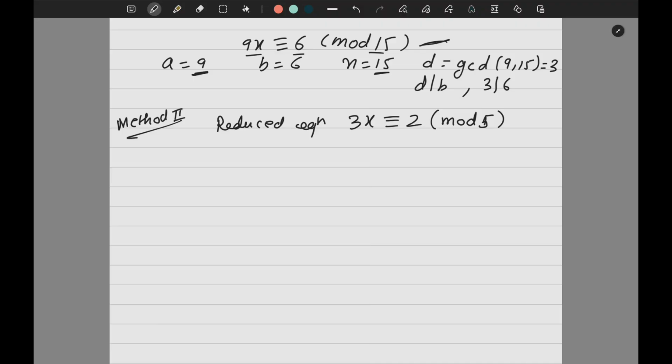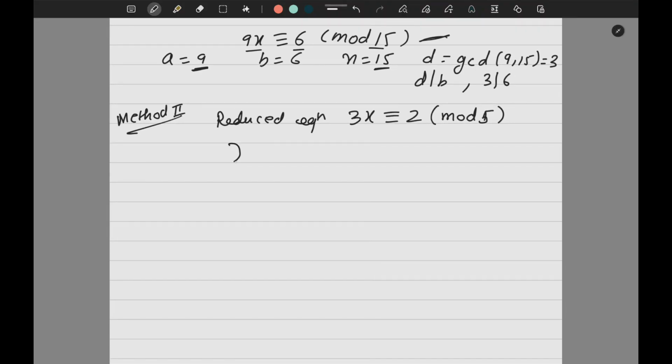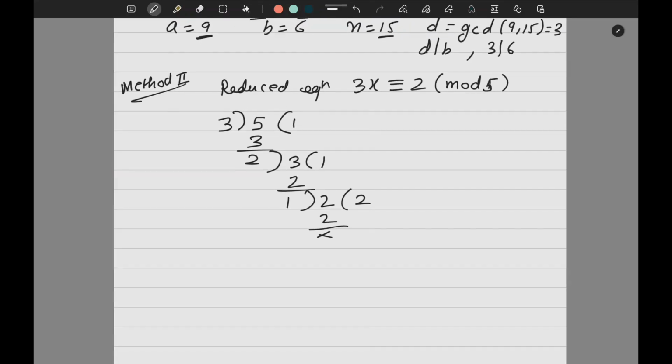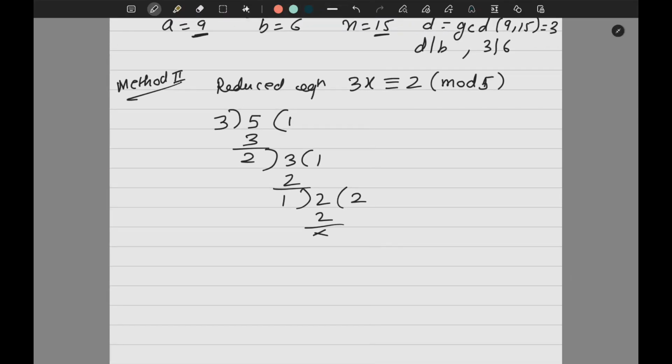Now once you do this, what you have to do is divide your a and n. Whatever is bigger, you write here. Now 3 ones are 3. 2 is the remainder. The GCD method I am applying. 2 ones are 2. Remainder is 1. 2, 1 twos are 2. So I got 0. Now I will write my Euclid's algorithm or division algorithm. So how can I write 3? 3 is equal to 2 into 1 plus 1. Right? So 3 is equal to 2 into 1 plus 1. Okay.